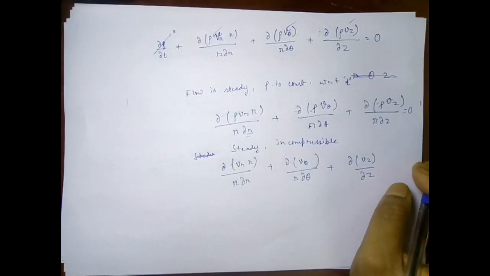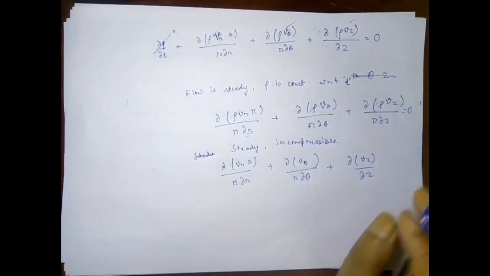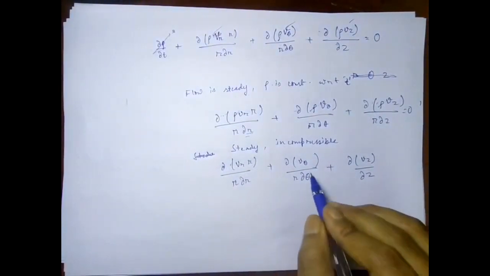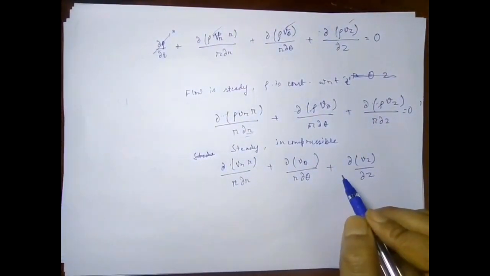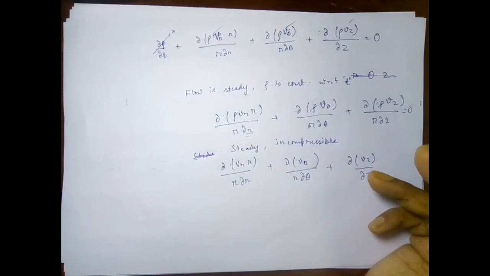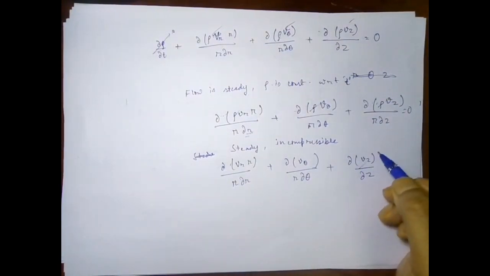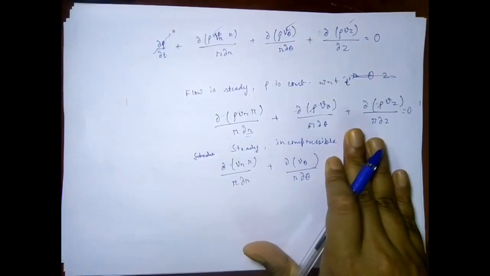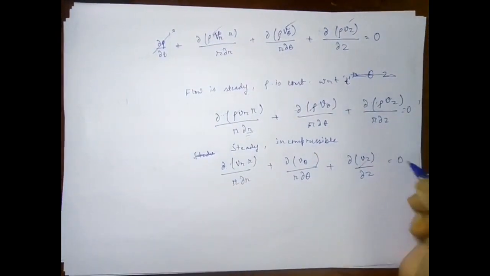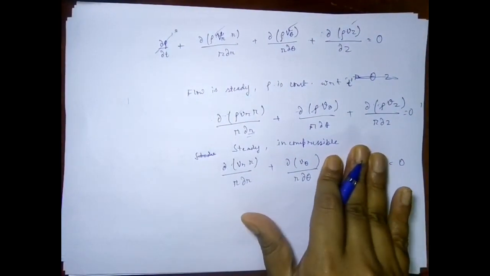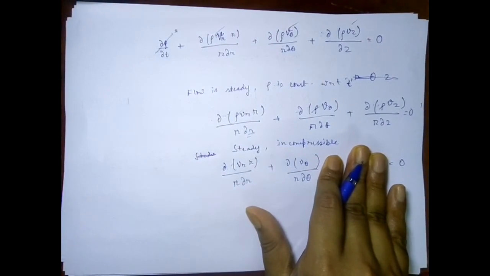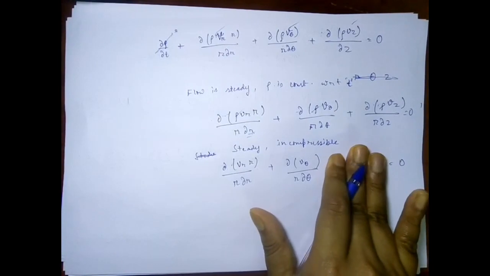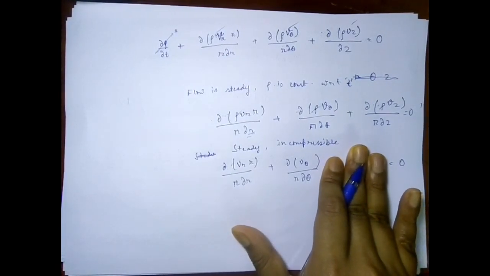And so finally, this is actually three dimensions, r, theta and z, and if we don't have one dimension, we have two dimensions. Suppose the z dimension is not there, so our equation will finish up to this one equal to 0. We will not have this term, and we will have del Vr times r upon r del r plus del v theta upon r del theta equal to 0 if we have it in two dimensions.